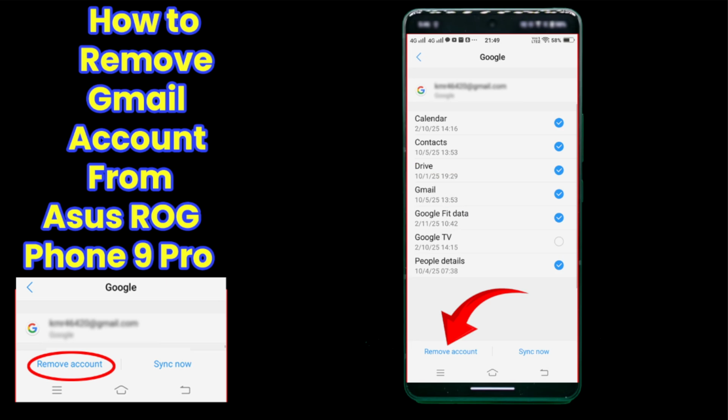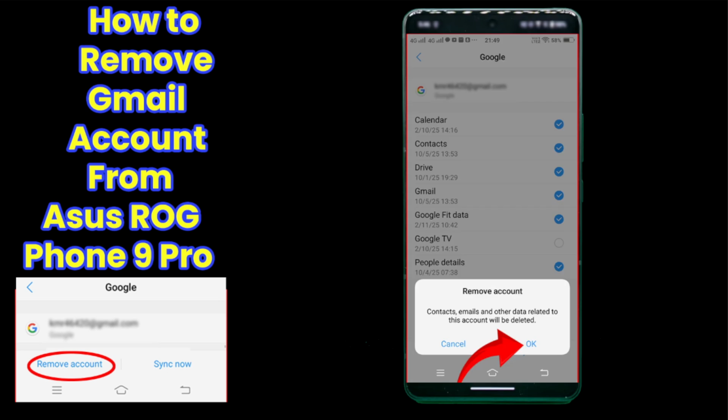When I tap on the Gmail account, you can see a new interface just like that. Here at the bottom of the screen you can see an option of remove account. When you tap on remove account, a new pop-up window appears on your screen just like that. Simply tap on the OK button. Okay, when you tap on the OK button you can see your Gmail account has been removed from your Android mobile phone. Okay, so that's all in this